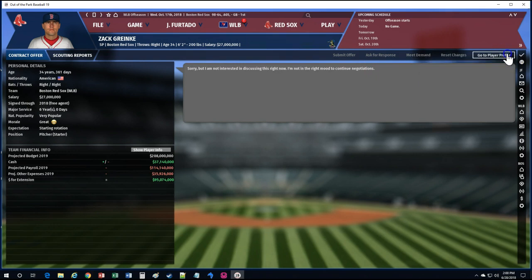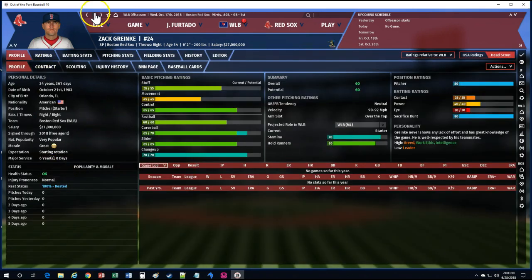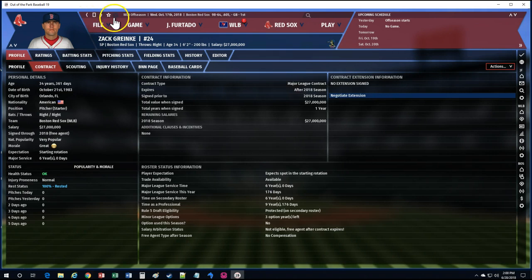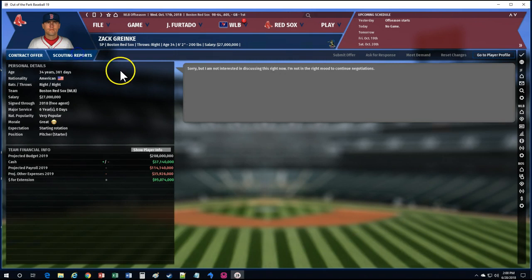Okay, so I'm going to get out of this page. Oh, and I'm not sure if you noticed that. When you're in the negotiating window, it tells you your budget, how much cash you have, your projected payroll, and your other expenses, so how much you have available to sign extensions. Okay. You can also, I don't know if you noticed that, but when you're on the contract,